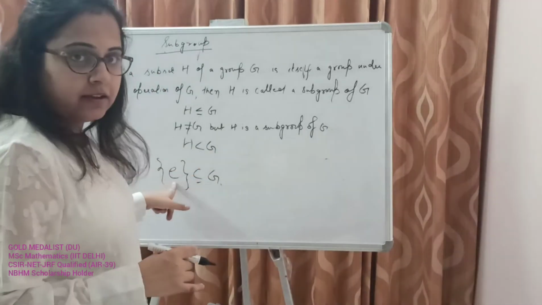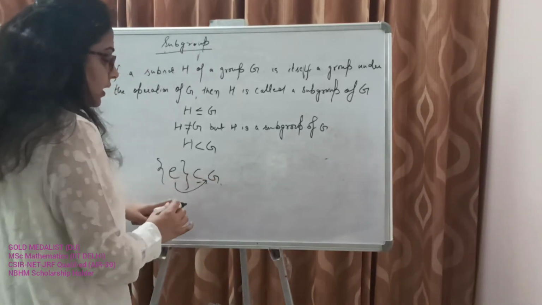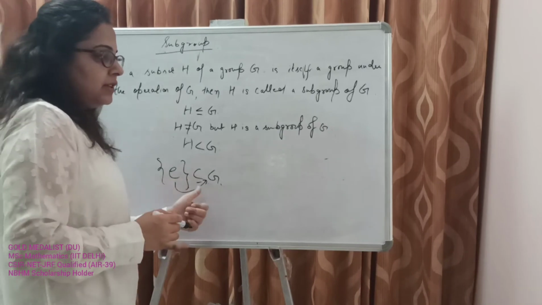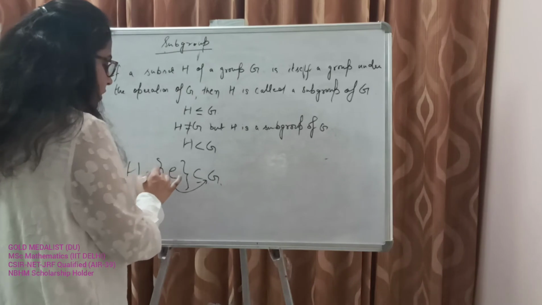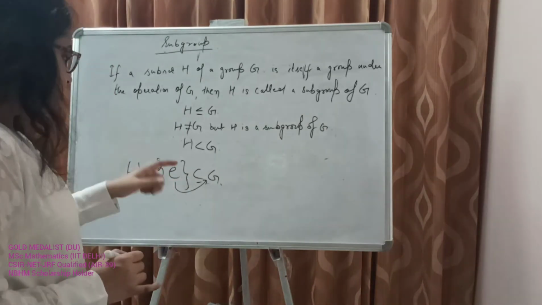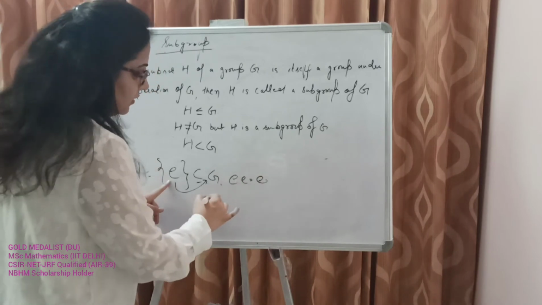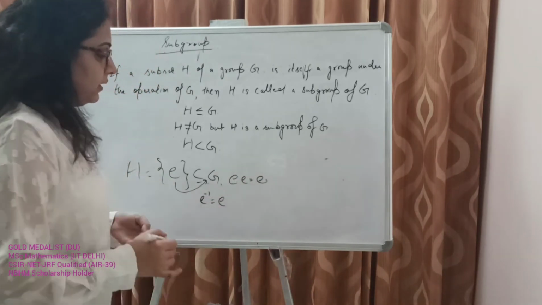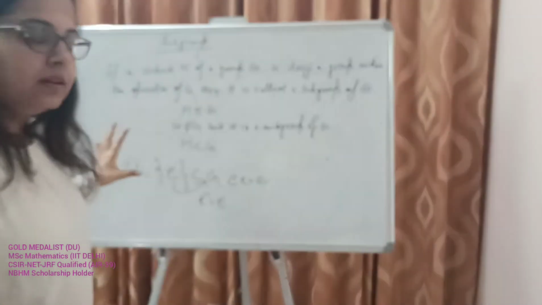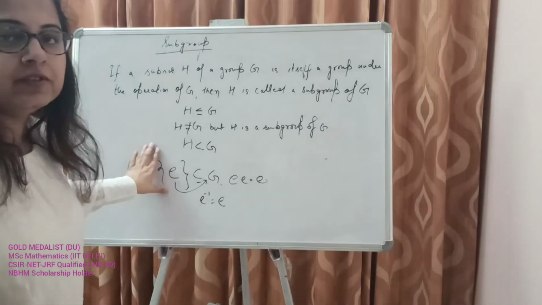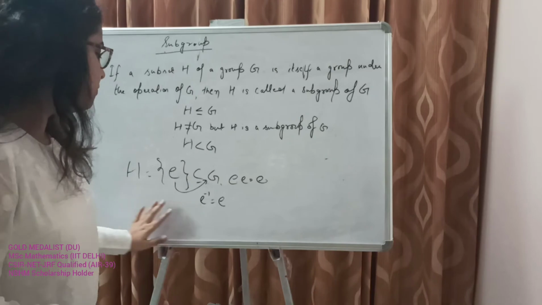The identity element is there, right? And this identity is also the identity of G. If E is the identity of G, I have considered this set {E}, okay? So this has to be a subgroup of G. For the inverse, we know that E into E is E, so E inverse is also E. Closure holds. Nothing more needs to be proved: all the axioms of a group are satisfied.